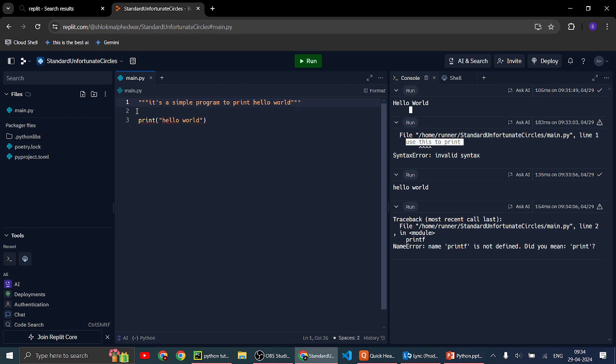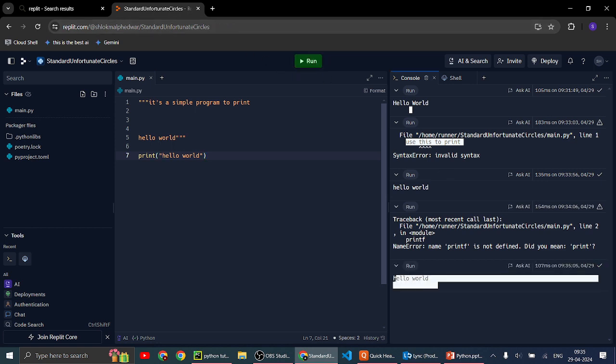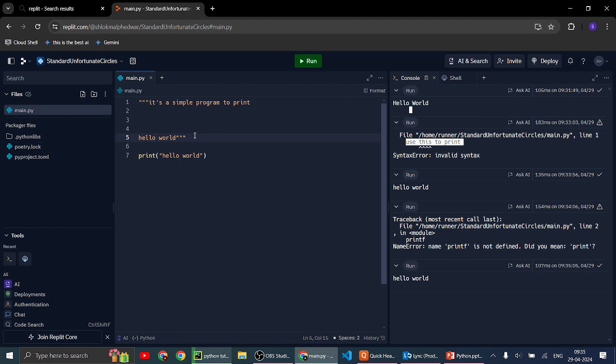You can make it any number of lines and run it, and it will print hello world.